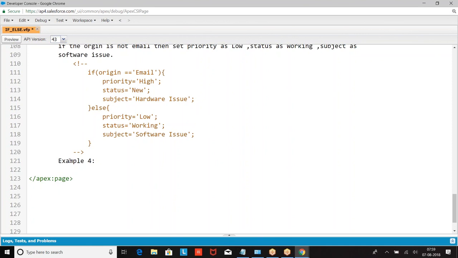So if it is true, do this. Else, check whether it is Bangalore or not. Else, check whether it is Chennai or not. In if else, if true, do this; if false, do this. Now if true, do this; if false, check this. If, else if.